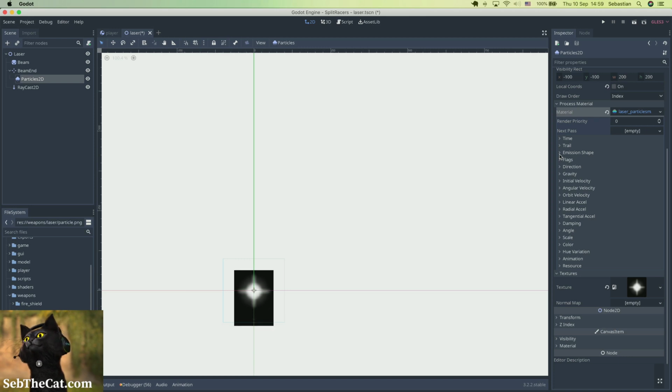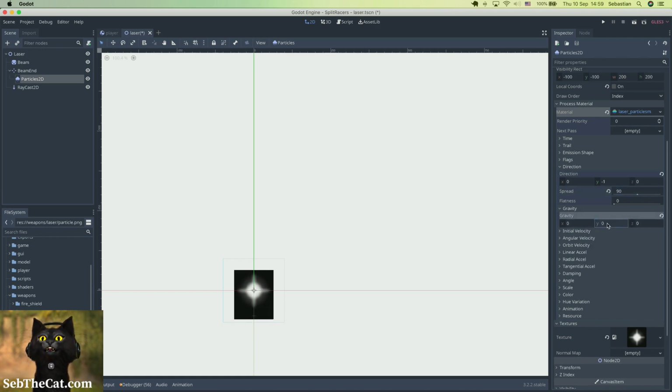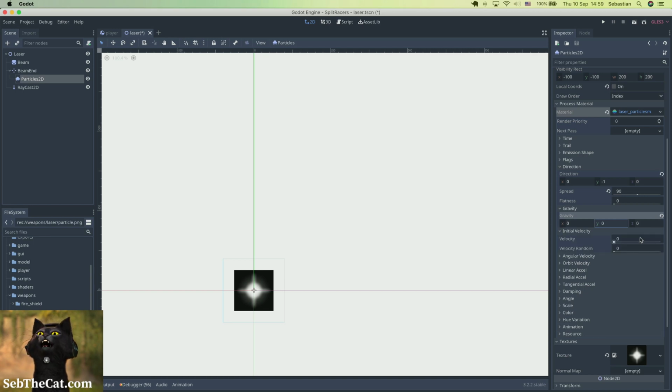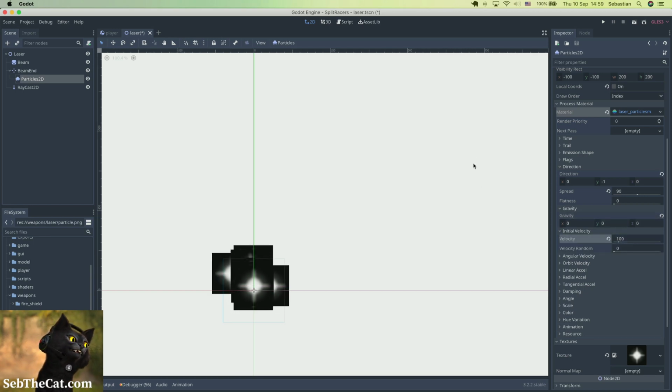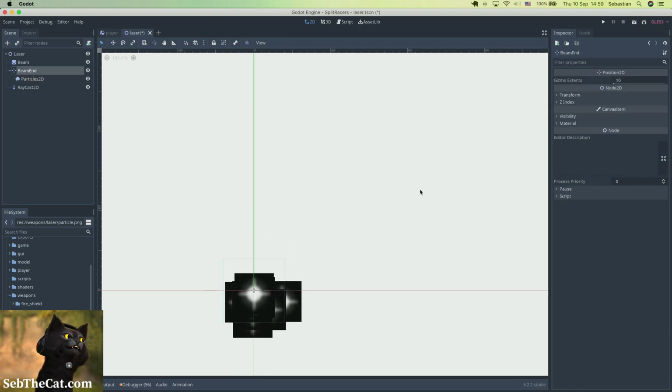So, what do we think? Well, our direction is certainly not going to be that. It's going to be a -1. And we want it to spread out in about 90 degrees. And we want no gravity to affect, because in fact we have no gravity in this game. It's top-down in space, so we don't really need it. But I can give them some initial velocity, and that's going to make them emanate outwards. So, in fact, we want it to go in the other direction, because if we imagine our beam end being at the end,